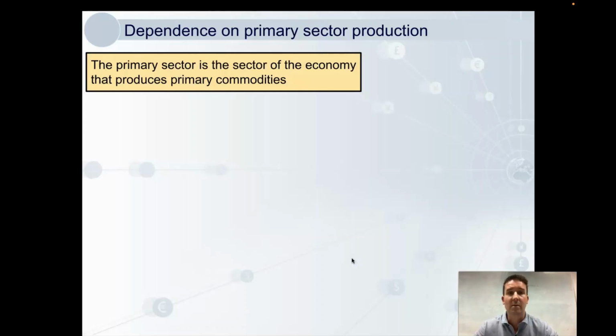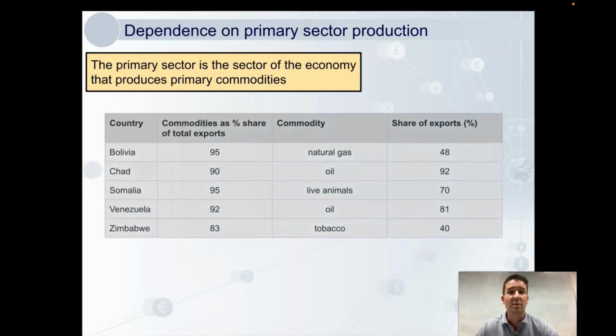Okay, we can have in these developing countries a dependence on primary sector production, so primary commodities. So we've got a little table here. This shows commodities as a share of total exports. So here, Bolivia, 95% of their exports are commodities. This is a small list of countries, but if I had a longer list, a lot of the numbers would